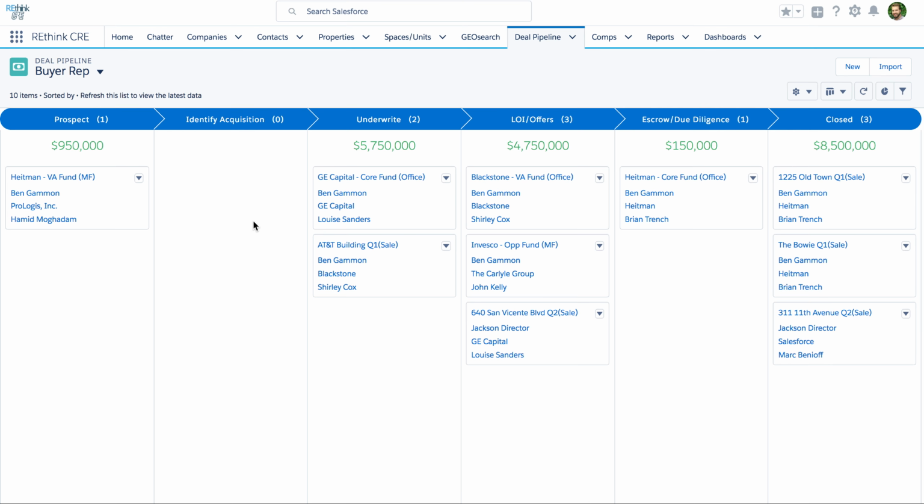So with this, it is separated by the stages. For the buyer rep, you have prospects, you have identifying acquisition opportunities, you underwrite the deals, you submit an LOI or offer, and then it goes under escrow, due diligence, you're negotiating a PSA before it is closed out and transacts. As a reminder too, this is customizable, so you can change the number of steps or the labels of